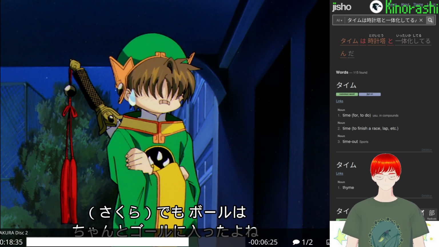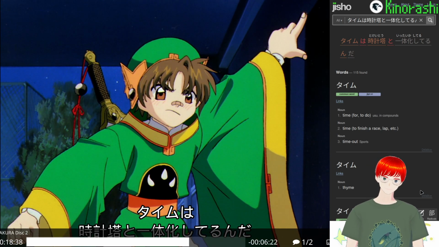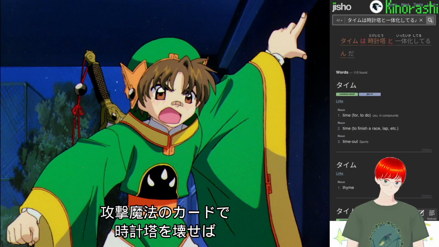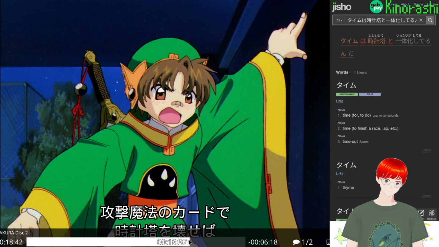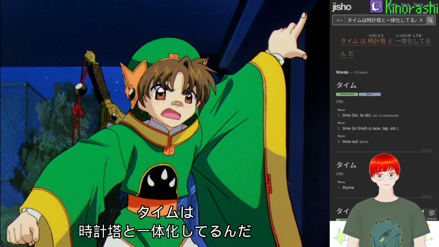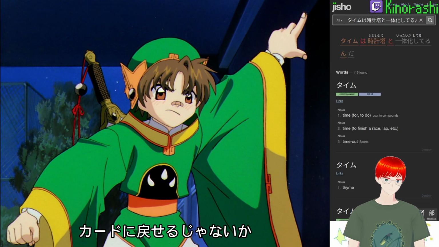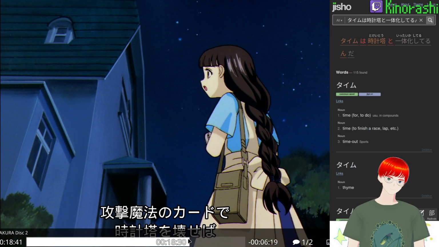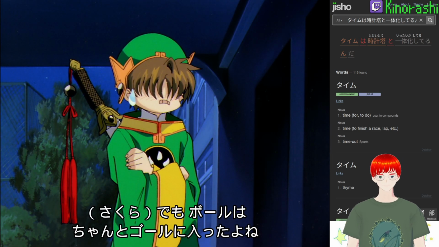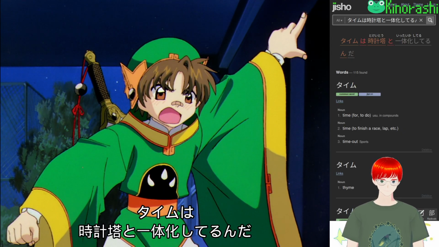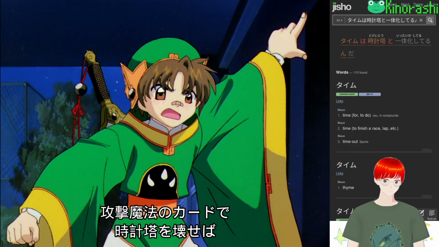タイムは時計塔と一体化してるんだ。攻撃魔法のカードで時計塔を壊せばカードにも。それはいけませんわ。